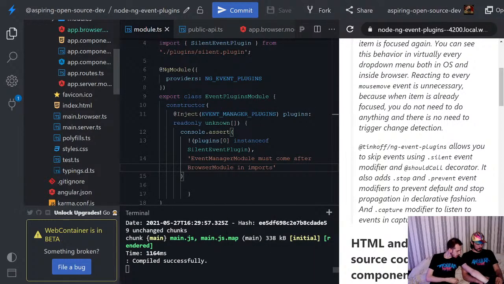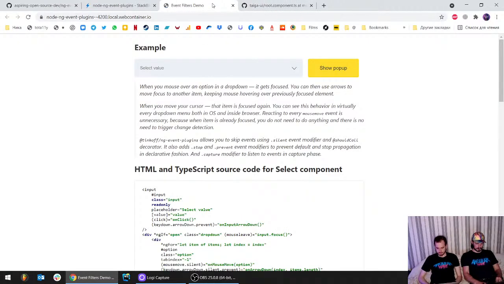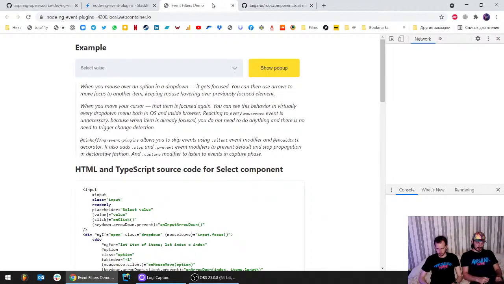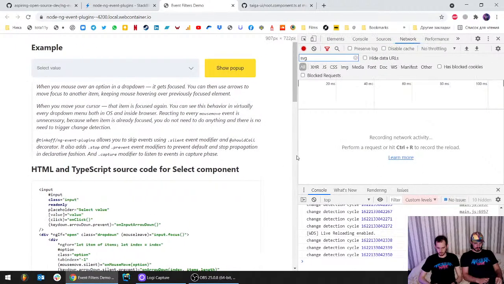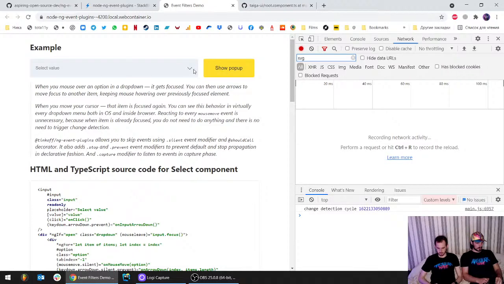Maybe here. No, this is Zen mode, so we only see the terminal, not the console. We can switch that to something else, like open your browser console. Let's switch to a new window because we wouldn't have enough space for anything. So we have a regular console here. There are some console logs from the app, and